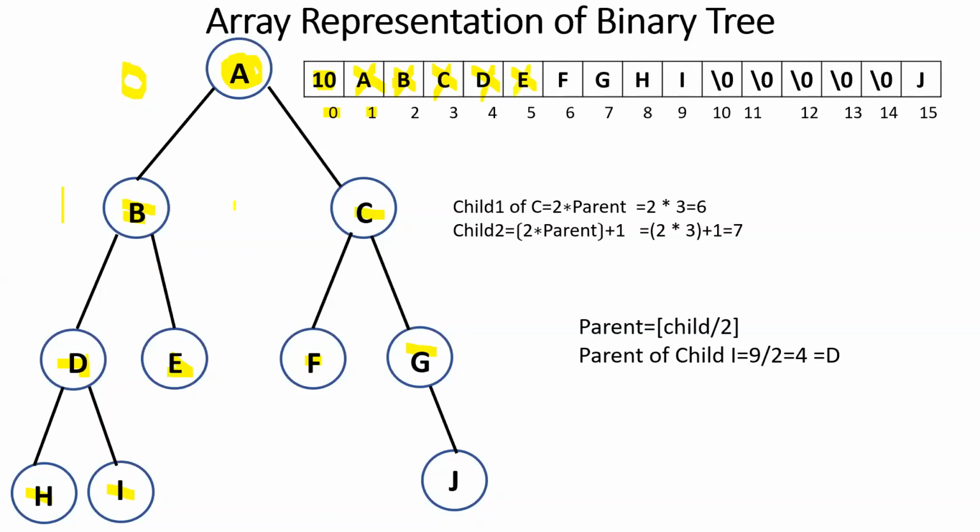So similarly, as we do either BFS or level by level traversal or scanning of the binary tree, we will get the same order. So first is A, and then B, C, and then the next level is D, E, F, G, and in the next level we'll have H, I, J. So this will be the order. As I told in the previous slide, if any of the nodes are not having any child nodes, here E is not having child nodes, right? Both the child nodes are absent.